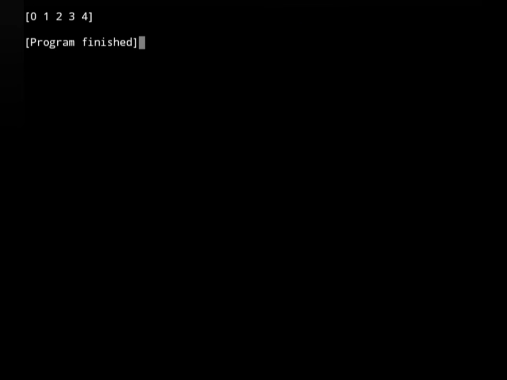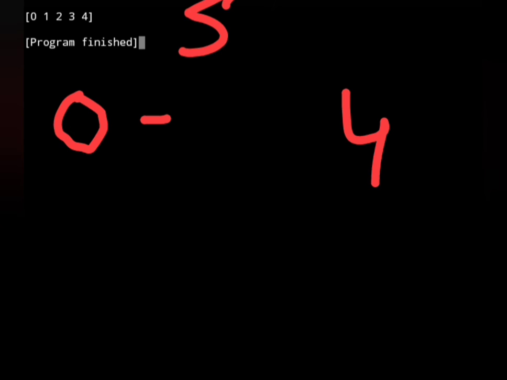So here 0 1 2 3 4 is the output. As you all already know, we have given a range of 5, which means the index values will be from 0 to 4. I think you will be getting this. So here is the array. Now you have seen that in the code we have written only 5 as a number for the range, but in your array you have 5 elements. So that's how you can use the arange method in an array.